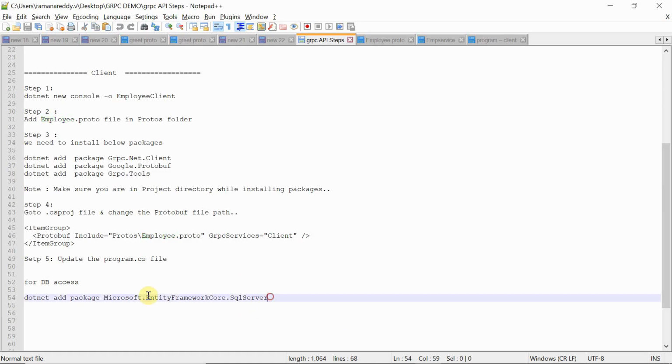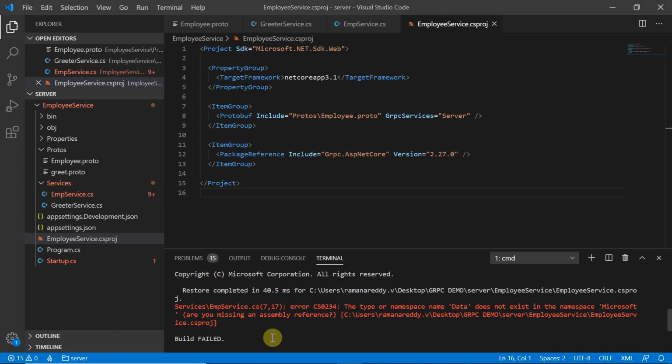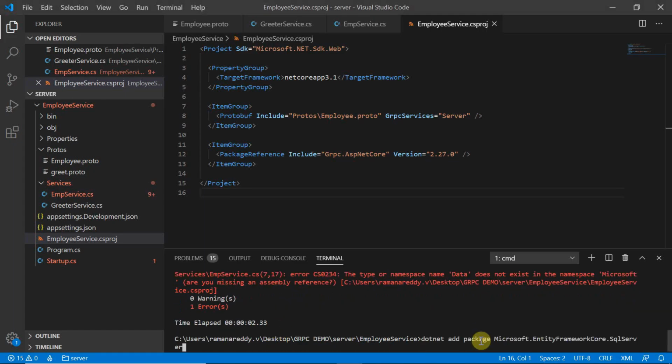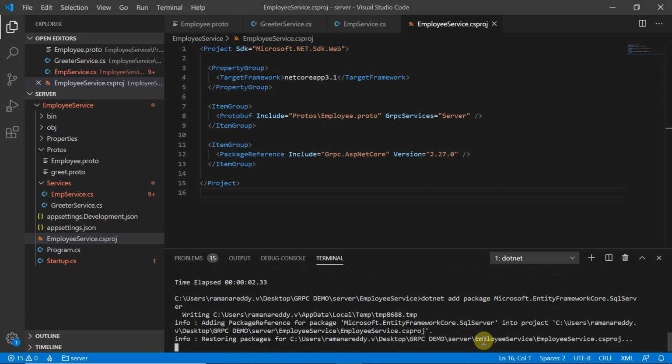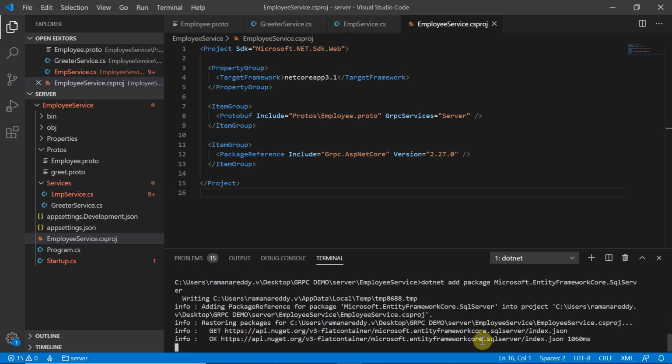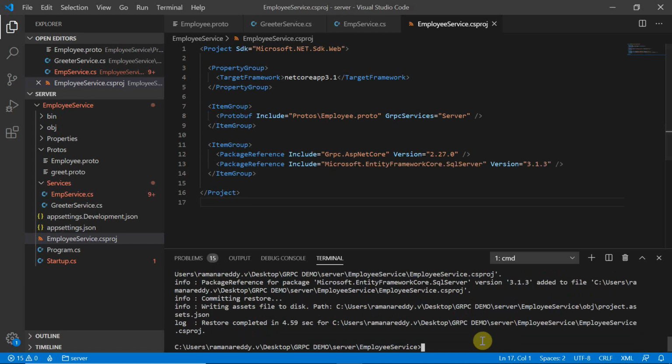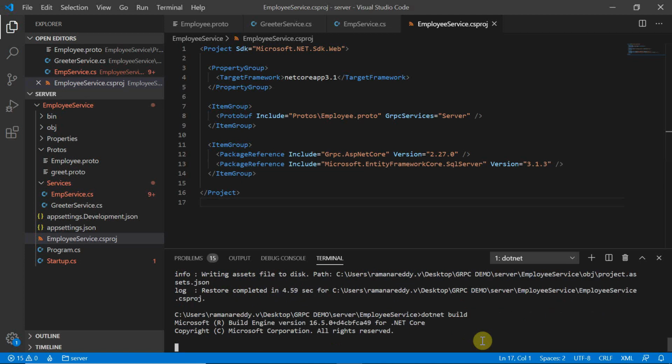I need to include this SQL related package in .NET Core 3. All the information will be stored using this package. I'm going to install this package within the corresponding project. Make sure we are in the current project directory, then only it's going to install. Yeah, it's added.